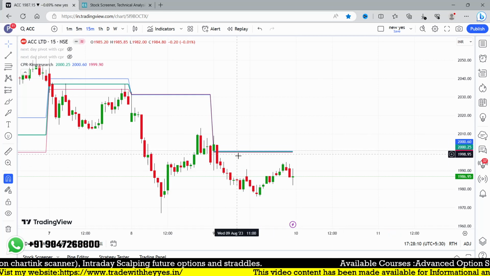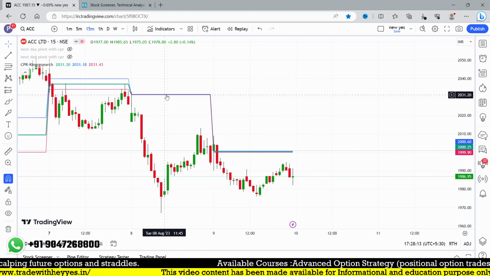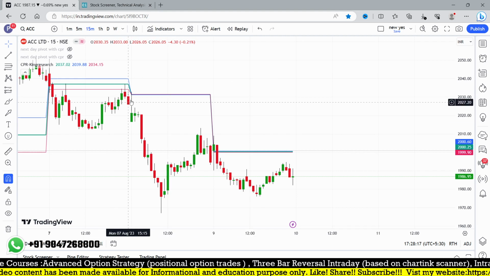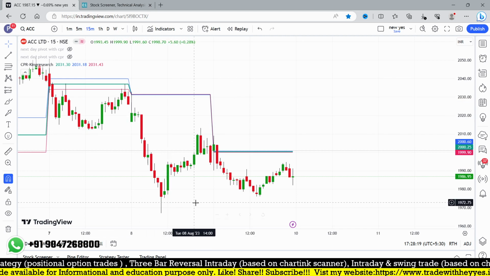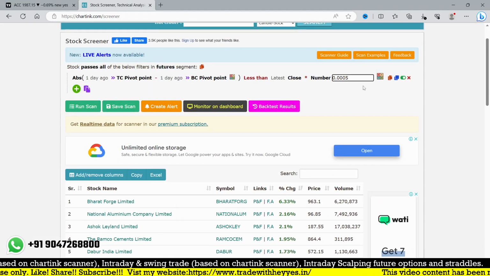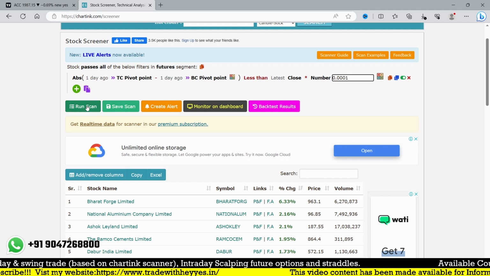ACC, it's very narrow, but comparatively this one is very narrow. Comparing this, yesterday was very narrow, and you can see, look at it, it was a huge trending day. Okay, and we can even reduce it. Number 1, if you find any,